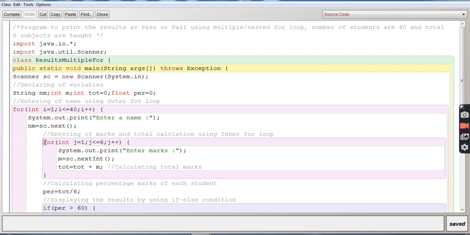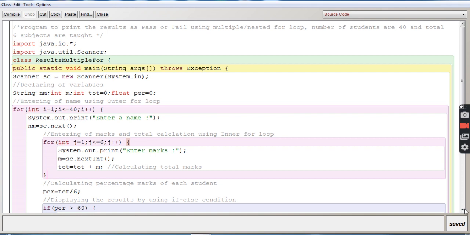So here the inner loop is this, starting with J. It is inside the outer loop, that is this one, which is initializing with I. Similarly the inner loop will move 6 times and it will ask you the marks, and the total will also get calculated of all the 6 marks.